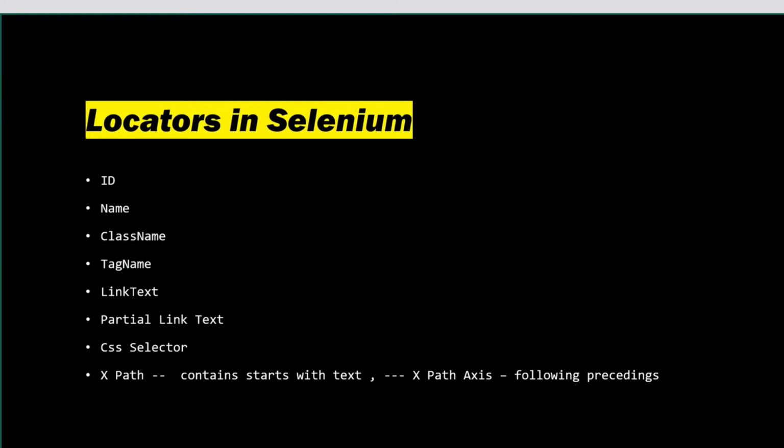But let's take a simple example. Inside the password box, there is no property capable of finding that password input box independently. Then will you stop your automation? No. XPath provides the way: XPath axes. So you can locate the password input box on the basis of the username input box, or the sign in button. There are certain methods like following, preceding, following-sibling, preceding-sibling, child, parent, and self. This will be covered in our XPath axes topic.